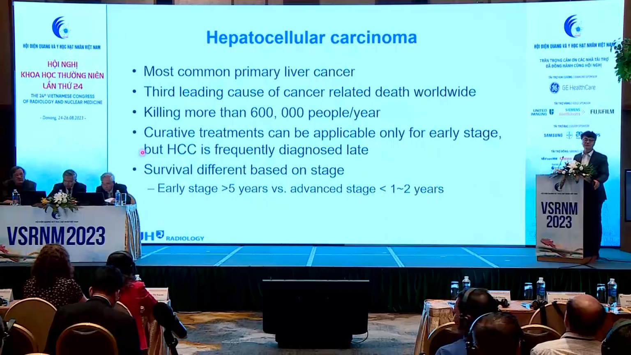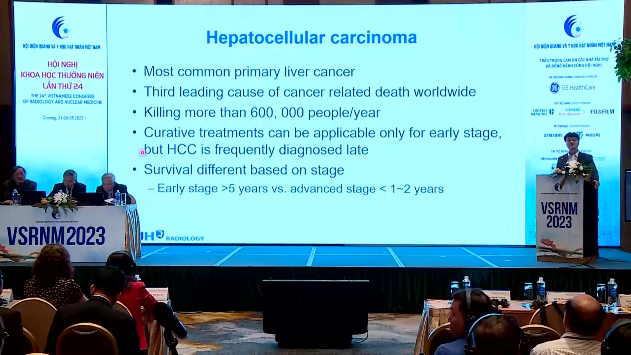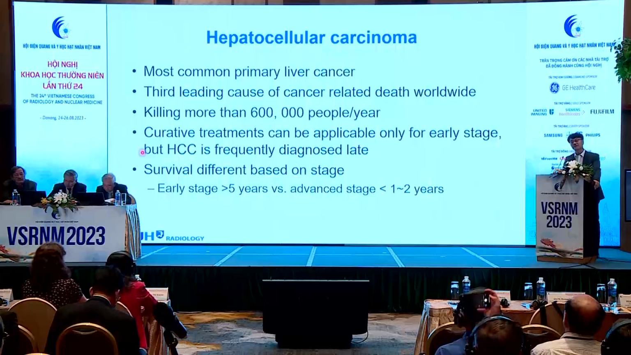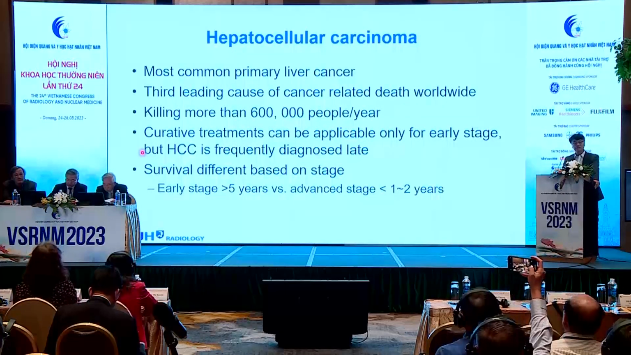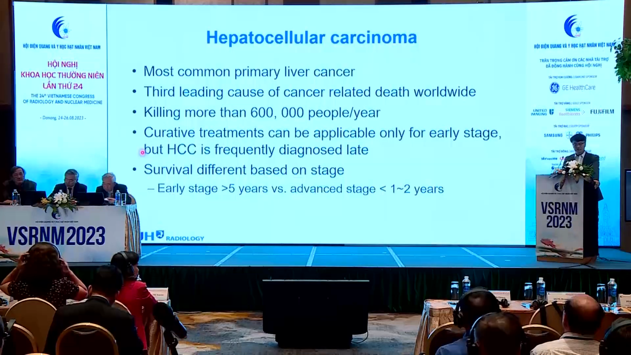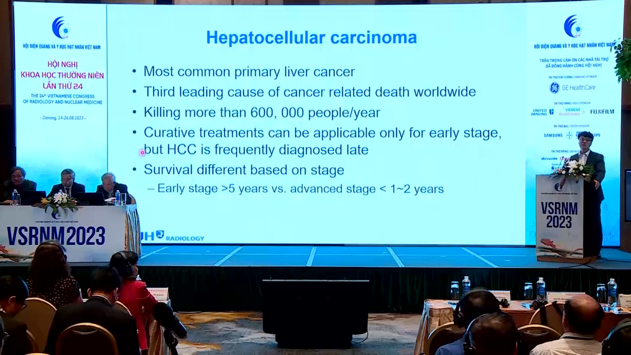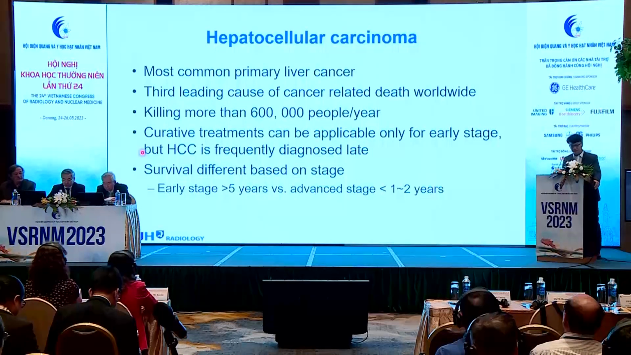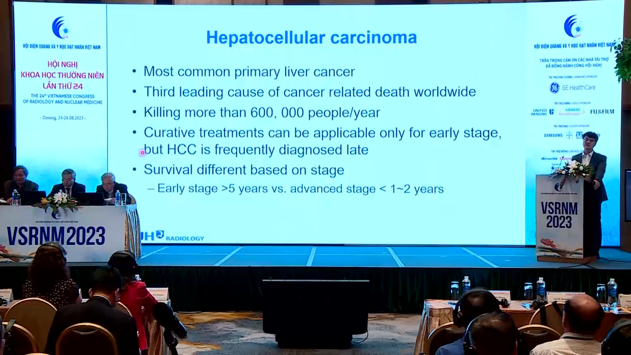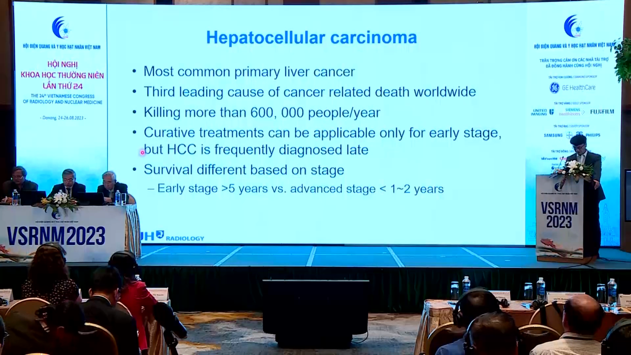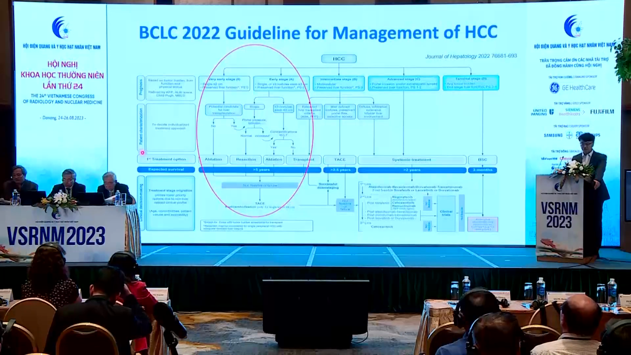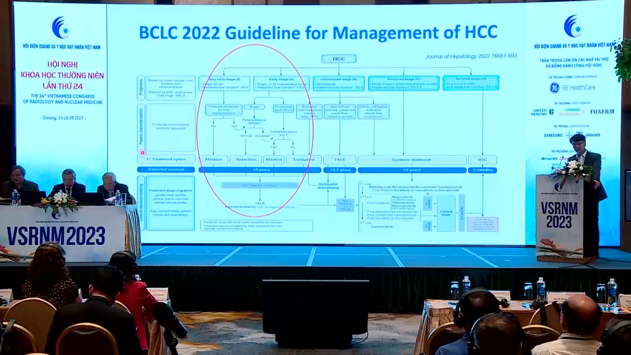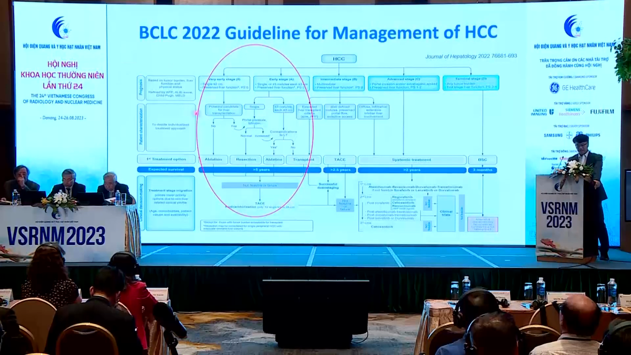For example, if you detect early stage HCC, the patients may have a longer survival than 5 years, whereas if cancer is detected at its advanced stage, the usual 5-year survival rate is less than 20%, and mean survival is less than 2 years. So here you can see the BCLC guideline for management of HCC, and as you can see here,